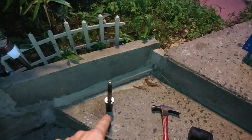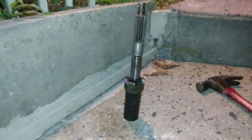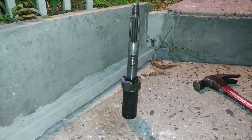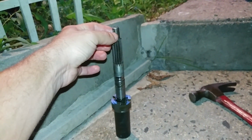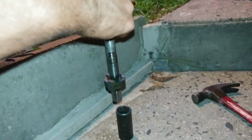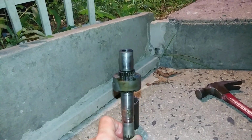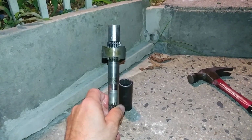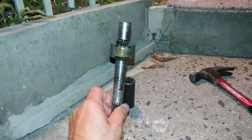the prop is bad, the propeller is bad to be replaced, drive shaft is bad to be replaced, and possibly the clutch and the rod, the actual shaft, to be replaced, most likely, because if I'm gonna be banging on this, that's bad news because I'm gonna just deform it. And I'm sure this is hardened steel, so you don't really want to bang on it too much, otherwise it's gonna be not straight and it's gonna give you lots of disbalance